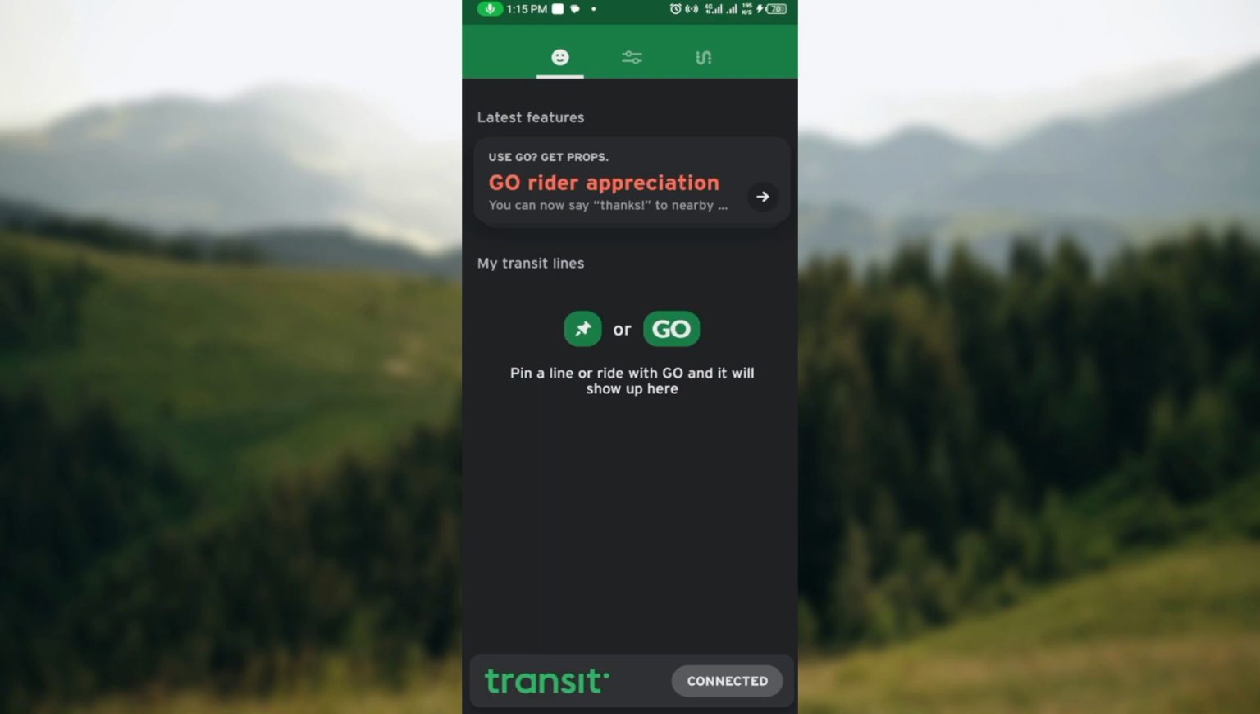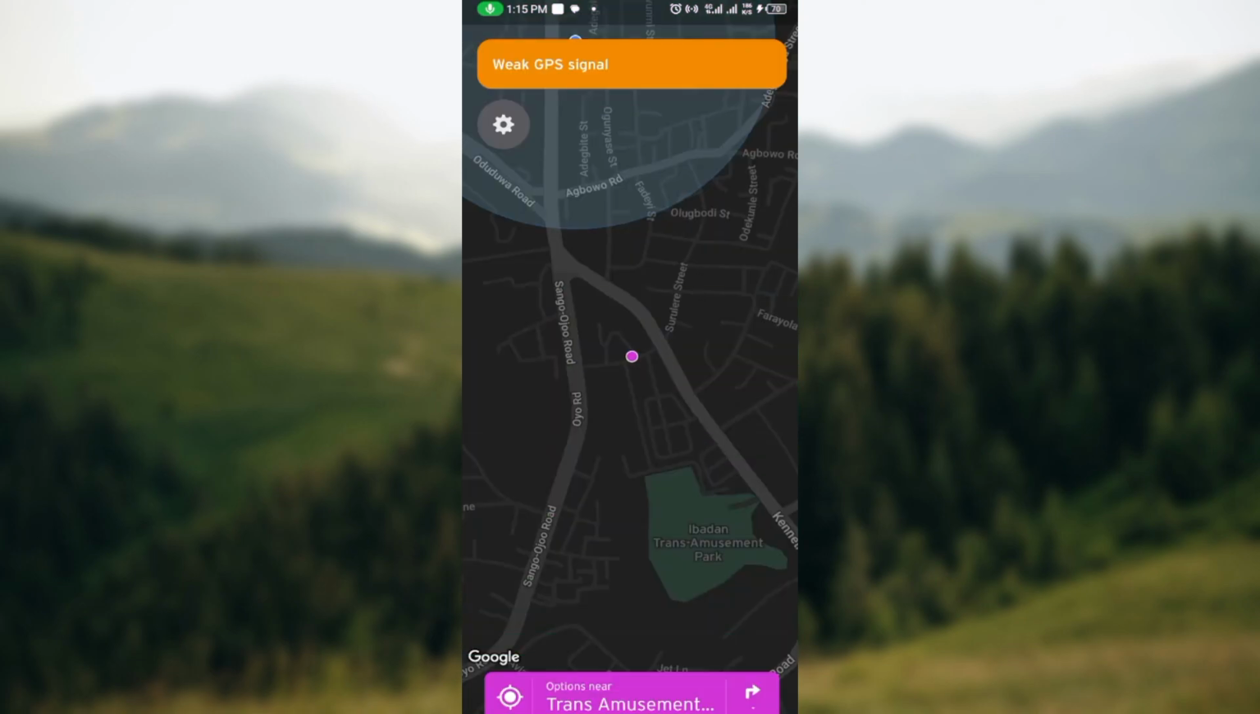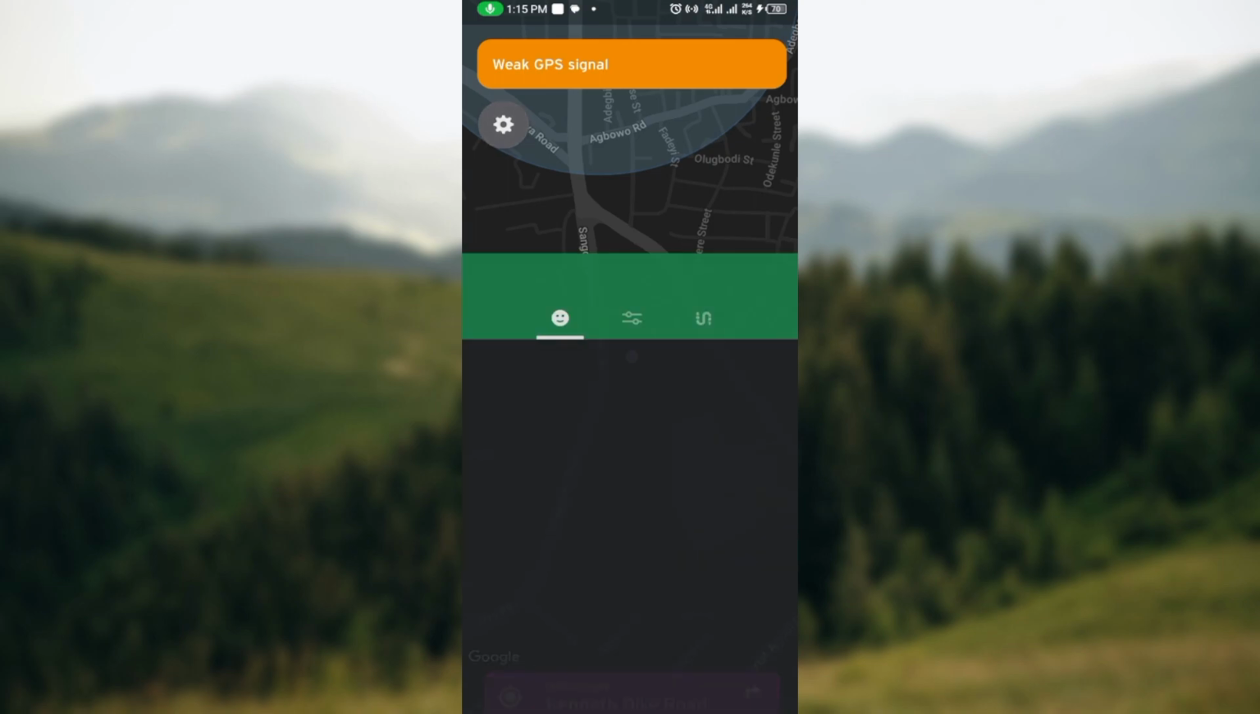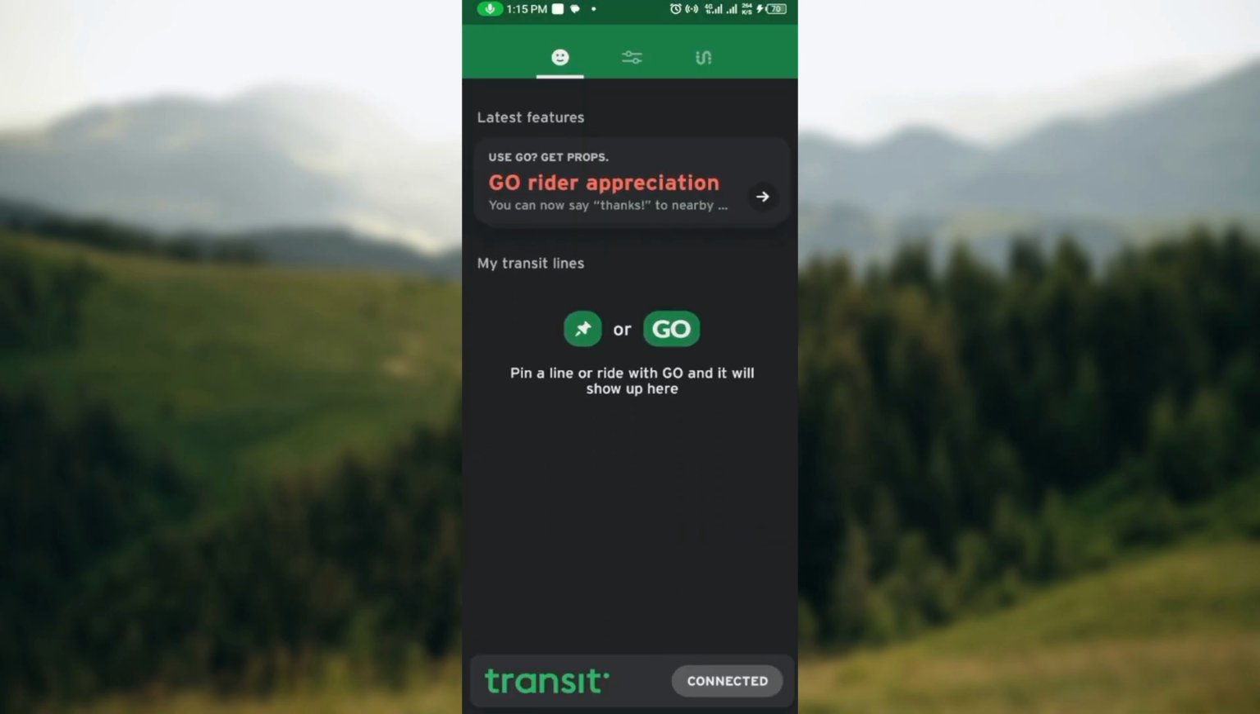Once you have gotten the Transit tutorial, you will be asked to customize your app. This is because Transit tutorial makes the application more interesting to use. So once you've gotten your Transit tutorial, go back to the gear icon, click on it, and your interface will have changed. On this page you would see